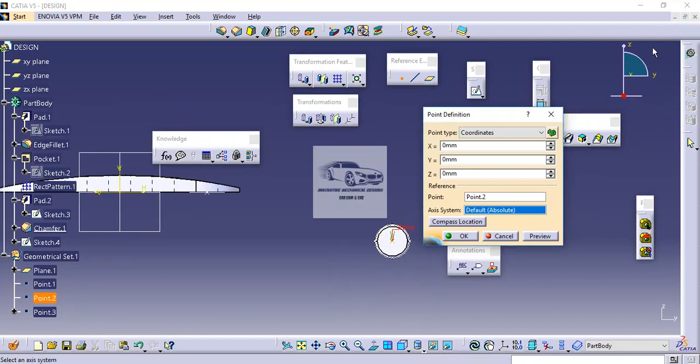Now to decide the x, y and z direction we have to look at the compass. So as we can see here, y is the horizontal distance, so we have to create a point in this particular direction. So in y we have to mention the dimension as minus 63, then z is the vertical dimension, and again positive z is upwards, so we have to create a point downward. So in z we will mention it as minus 5.